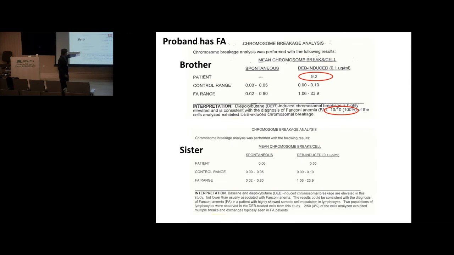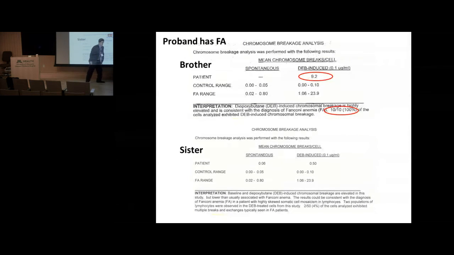Okay, so the reason why that first number, patient DEB induced, is a mean number across all 50 cells, and that's a very low number. But 2 of the cells have the classic breaks. Well, this report was revised because they didn't normally report this. When we started looking at that, this became the routine report, but it wasn't historically the report we would always see. So you've got to look at this number, but you've got to look at this number,